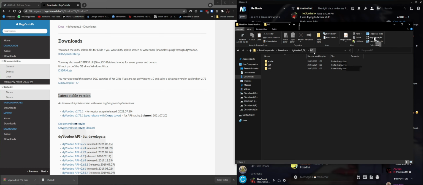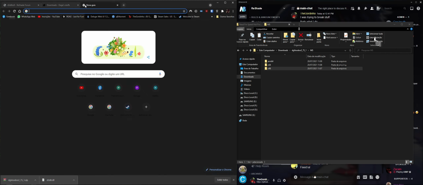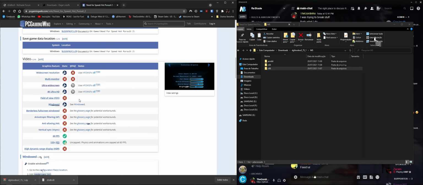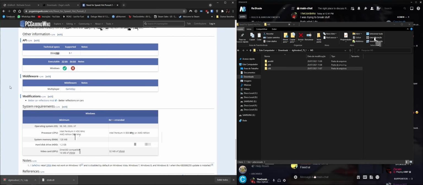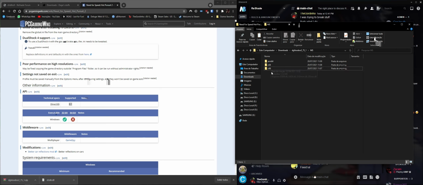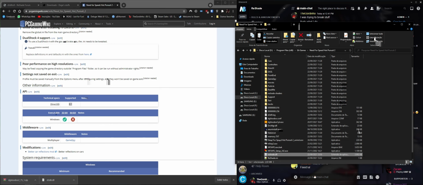and we're gonna go to DGVoodoo and go to the Microsoft one, and this is where Microsoft made DirectX. So you go to Microsoft and x86. How do we know that it's an x86? If we go to the PC Gaming Wiki page of the game, Need for Speed Hot Pursuit 2, we scroll all the way to the bottom. We're gonna see here the API that's running, DirectX 8.1, and it is a 32-bit application. So 32 is x86 and 64 is x64. So we're gonna go here and grab all the files here, copy, paste it here,